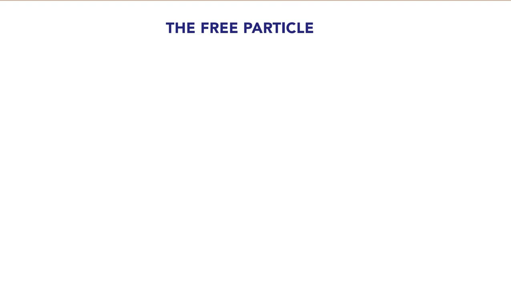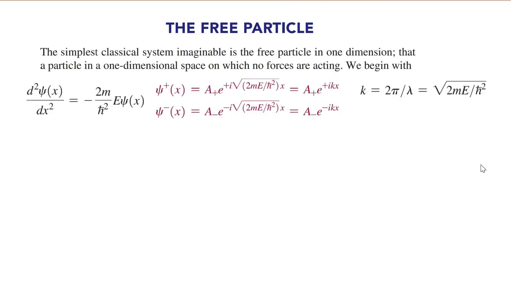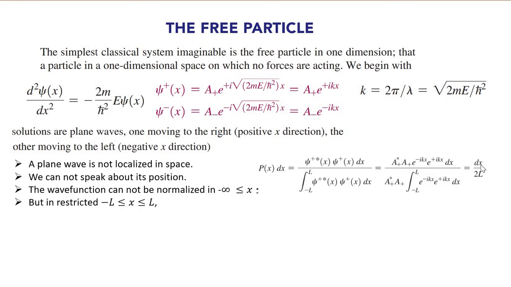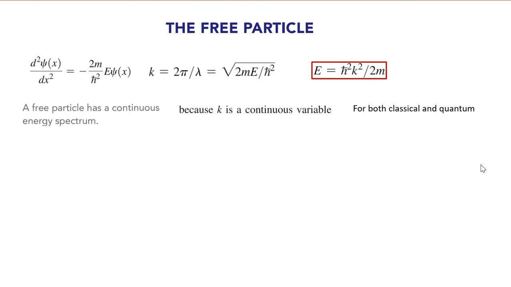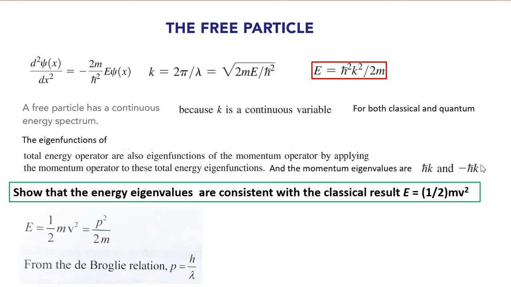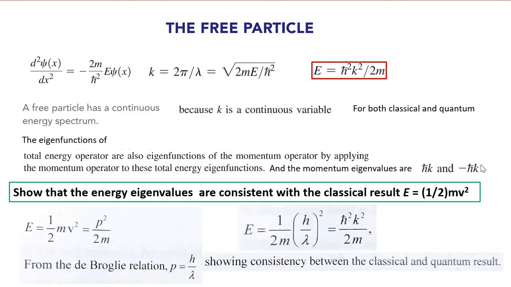Now the free particle, I will not discuss. It is in the PowerPoint presentation. You can consult it later on. It is not mentioned in the syllabus, but I took it as an example of a one-dimensional system because one-dimensional systems are in the syllabus. But probably in that line, by one-dimensional systems they mean only the one-dimensional box and probably the one-dimensional simple harmonic oscillator. So I am just skipping the free particle part quickly, but the results are there in a very sketchy way. You can just go through these 2 slides and get the important salient features of the free particle case. I'm just quickly skipping these portions, and then